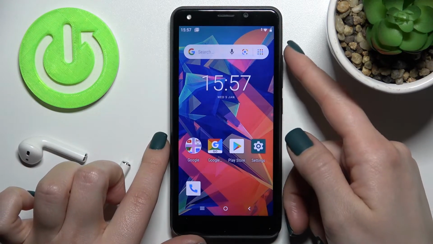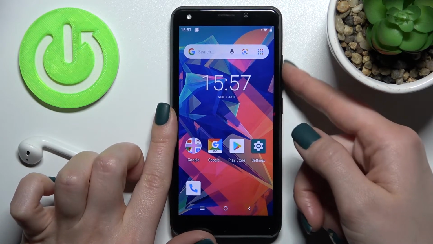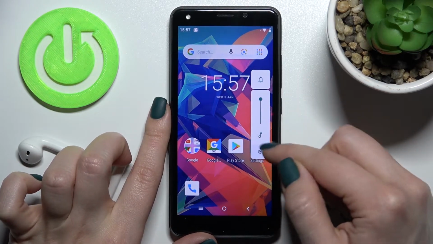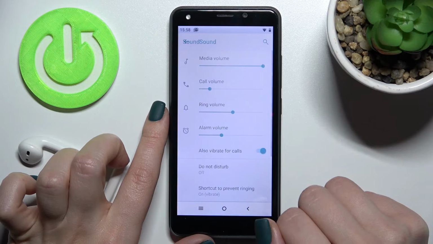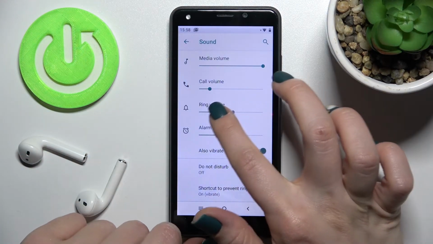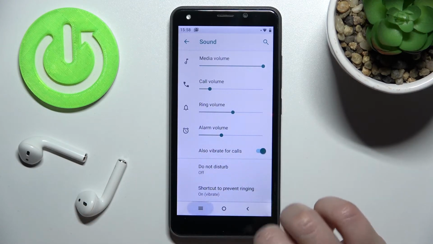And you can also do it the second way. Just press on one of your volume buttons here on the right side of your device, and here you will see the settings icon, and you also will launch your sound settings, and by the same way you can just adjust your ringtone volume here. So that's how it looks,